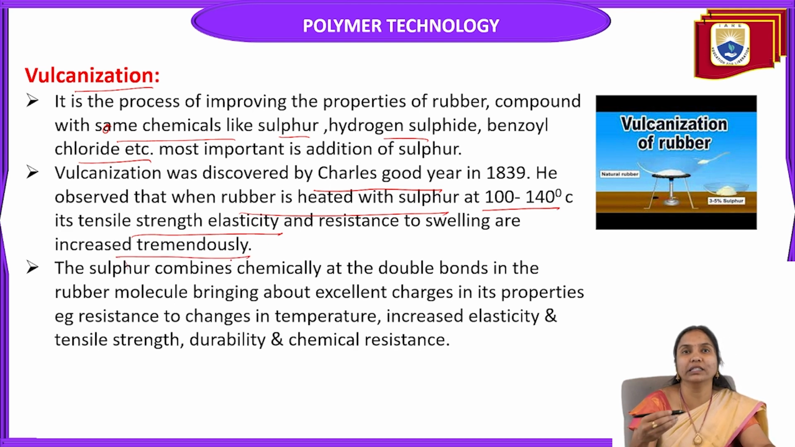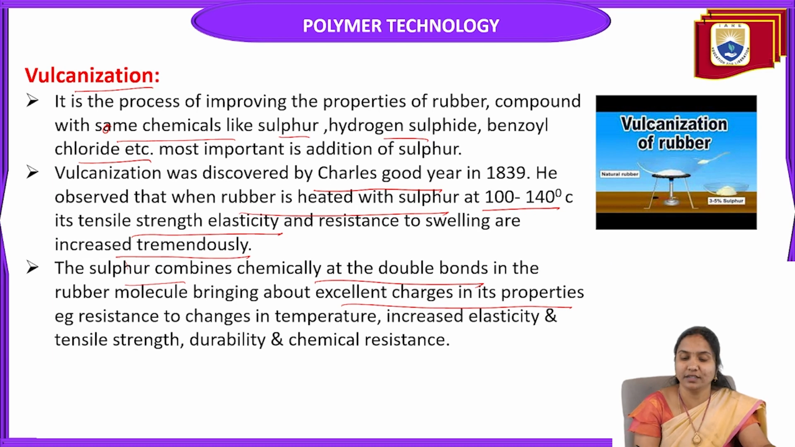So which type of properties improved? Strength, elasticity, resistance to chemicals and swelling. So all these properties are improved. In this case, when the rubber is heated with sulfur at 100 to 140 degrees centigrade temperature, the sulfur combines chemically at the double bonds in the rubber molecule. It reacts with double bonds of the rubber spring, bringing about excellent changes in properties or resistance to changes in